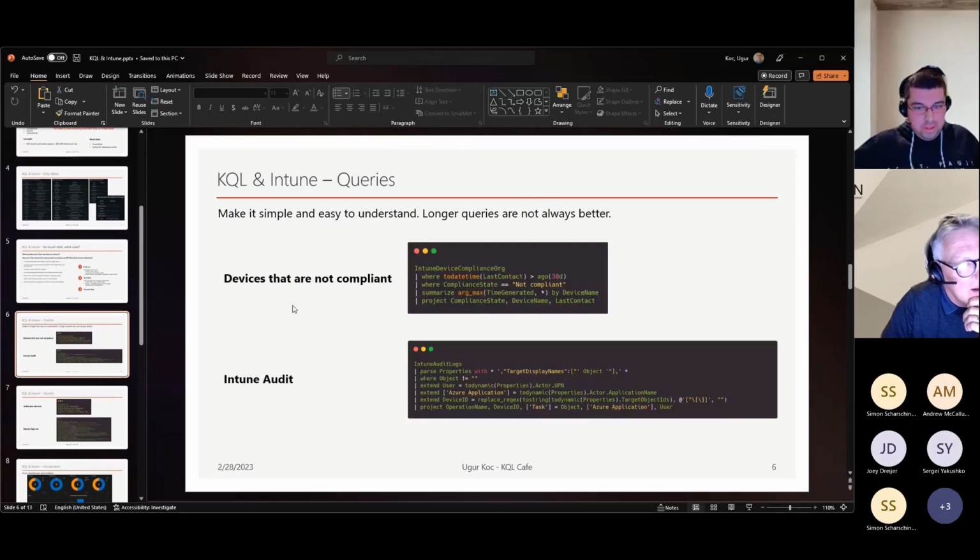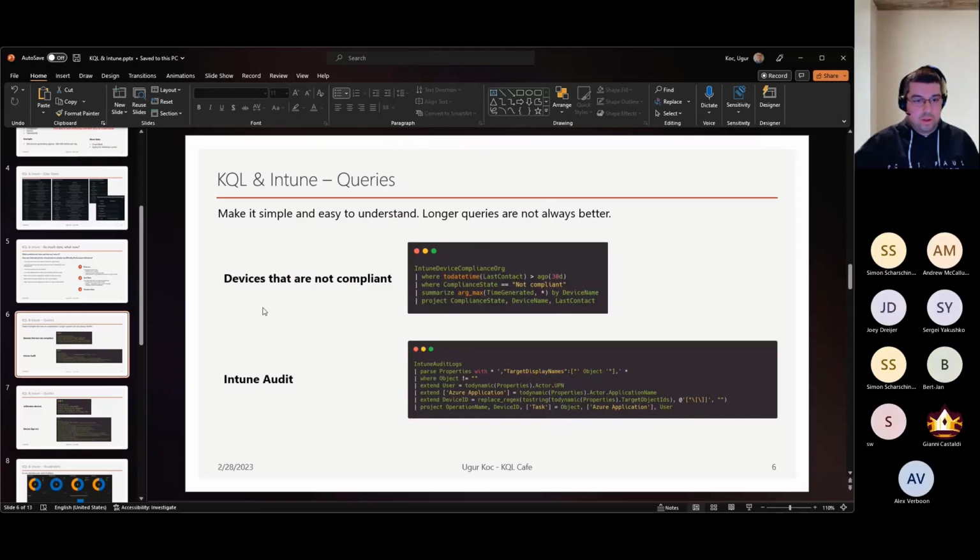KQL queries can be very, very complicated. And to be honest, I have learned for myself that the shortest queries are mostly the easiest and the best in the end. Why? Because KQL queries are so easy to read and understand, because every line tells you already what it is searching for, right? So if you're looking at the first query here, devices that are not compliant, the first line